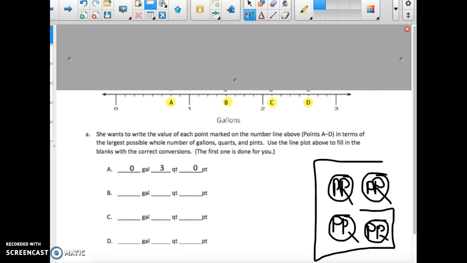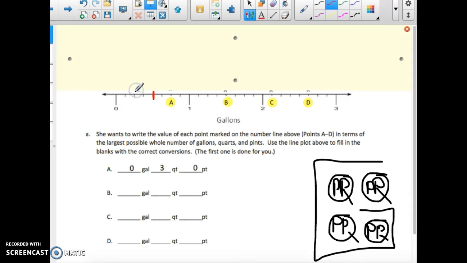And then 3 quarts. In order to make sense of this, you probably have to remember that there are 4 quarts in a gallon. I've drawn my big G for gallon over here. There's 4 Q's inside of it. Now this is not split up into quarts, but if I go ahead and just split this portion of my number line into 4 equal parts, I can see that A is 1, 2, 3 points past that jump. 3 of those 4 pieces, that's 3 quarts,